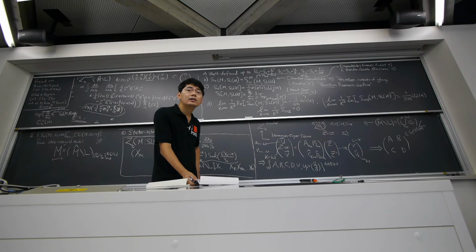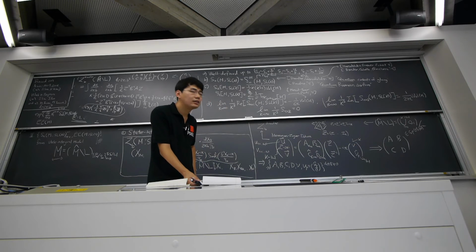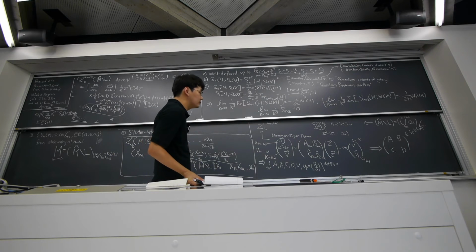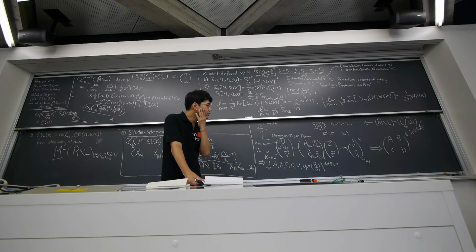So you should have a formula using B and D, and this is kind of pretending that you have a case where D is 0, then B is invertible. But there should be a formula that uses the full symplectic matrix, A, B, C, and D. It's just a comment. It's very bad to have a formula using B inverse. You should use the whole matrix, which is invertible. Somehow this is reducing to a special case. So even if you can always reduce, it's better to have a formula that always works, I think.